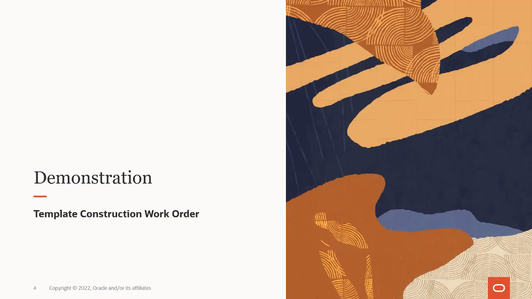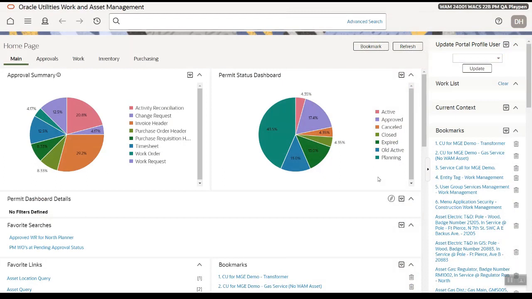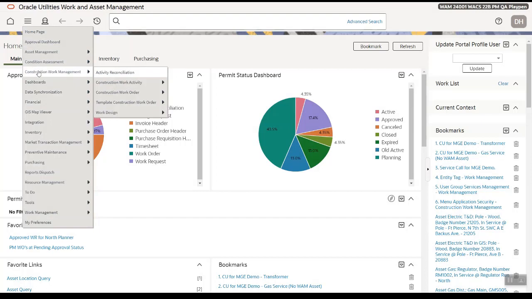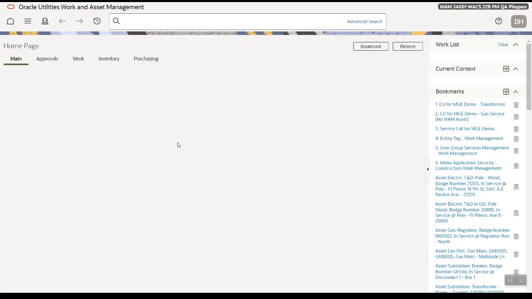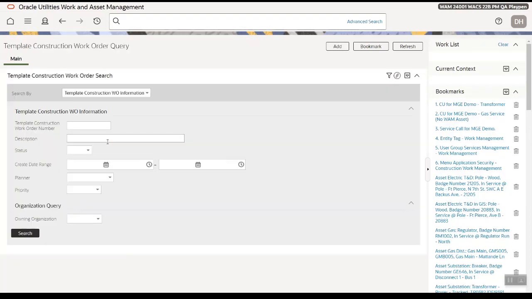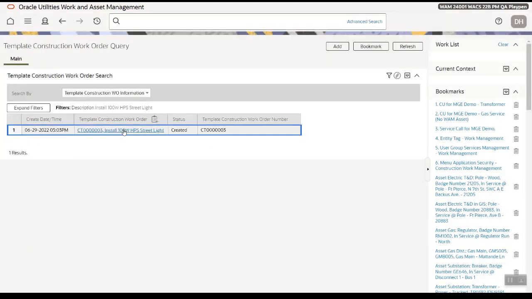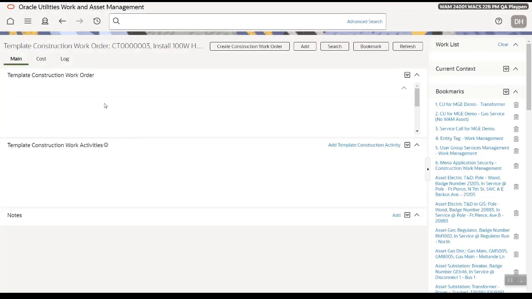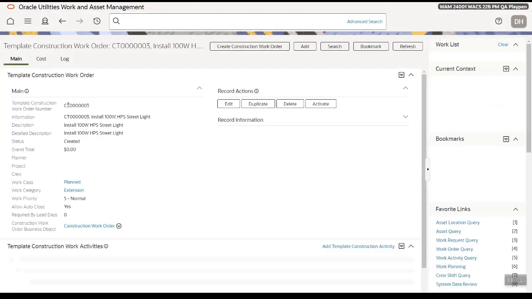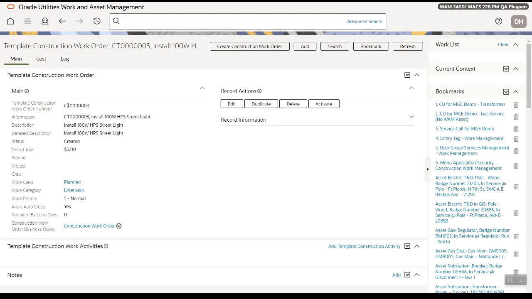Now for a demonstration of the new portal. Let's take a look at the template construction work order. It's under the main menu and under the construction work management submenu, noting that all the menu items are now in alphabetical order. So we'll go under construction work management, template construction work order. I've already created a work order header, so let's search for that. Notice that it's prefaced by CT for construction template, versus the regular template work order just prefaced by T. And we'll add a template construction activity